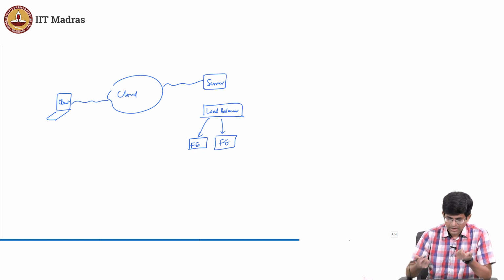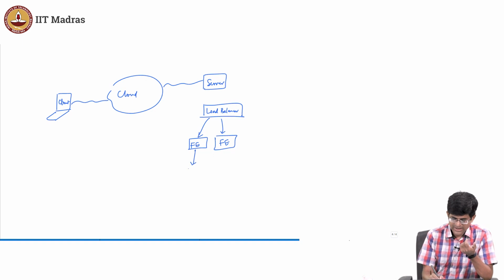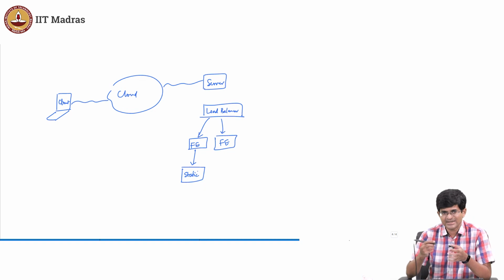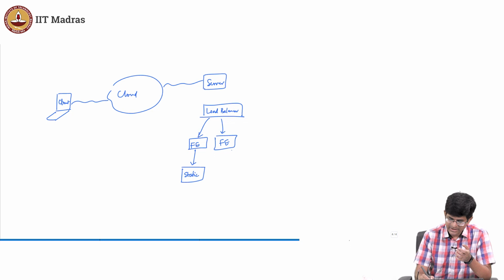Now this front end, for example, might be just dealing with static files. What do I mean by static files? It could be JavaScript, CSS, plain HTML files, PDF files, MP4, but something which doesn't need any computation. It's just there on the file system, pick it up and throw it back. Whereas this might be something which is doing some business logic, and more importantly is also interacting with a database.